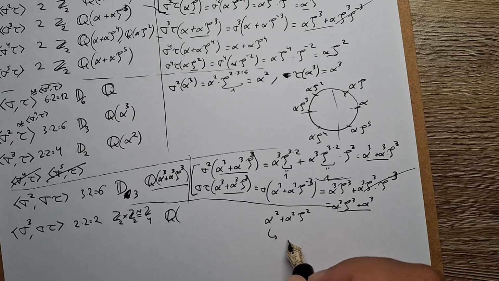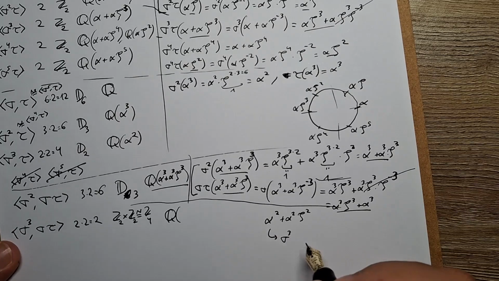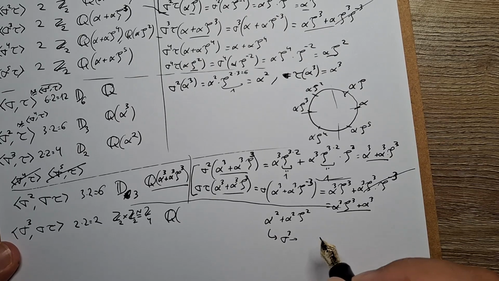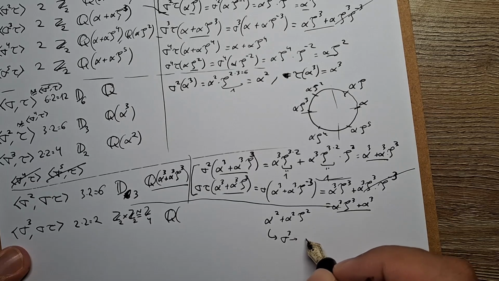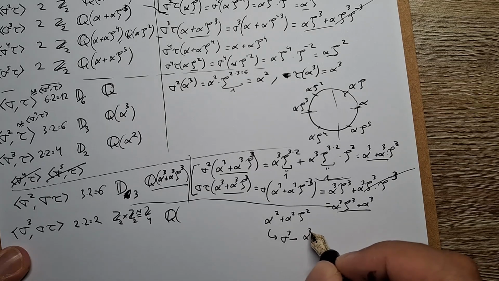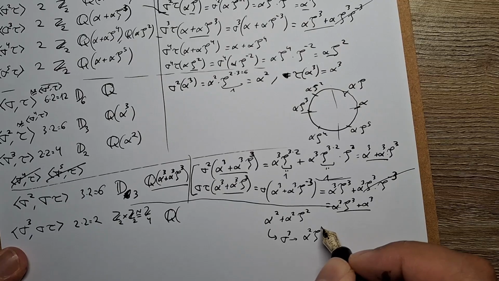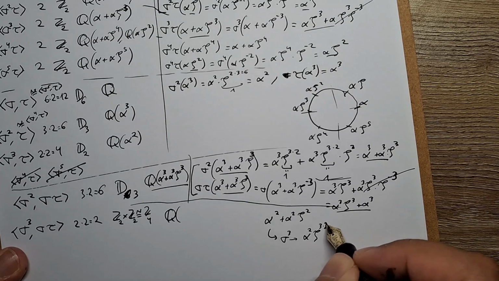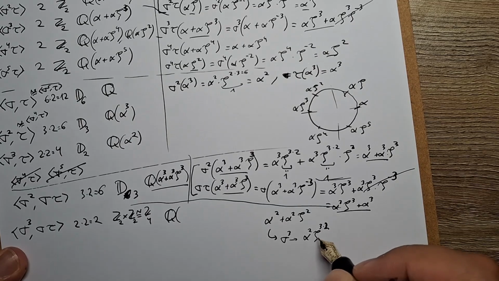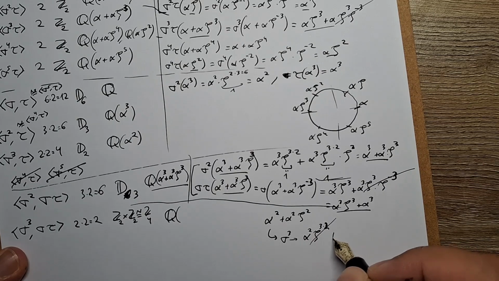What happens if we apply sigma squared here? What we obtain is alpha squared multiplied by theta to the power of 2 multiplied by 3. This is 1, so we can just cancel this, plus